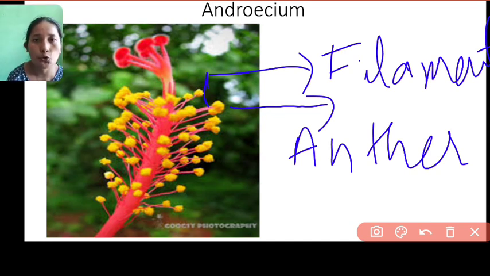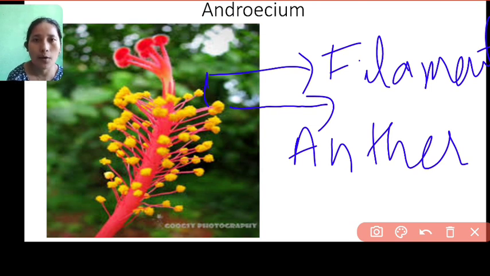You just have to go through the different parts of gynoecium and the different parts of androecium. In androecium, this filament and anther together are also referred to as stamen. Next day we will be discussing the different types of flower in detail. Now your homework would be: you take any one flower, hibiscus or rose, a bisexual flower,